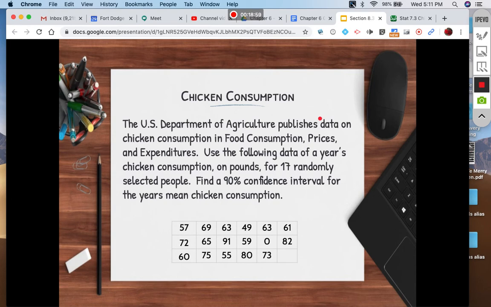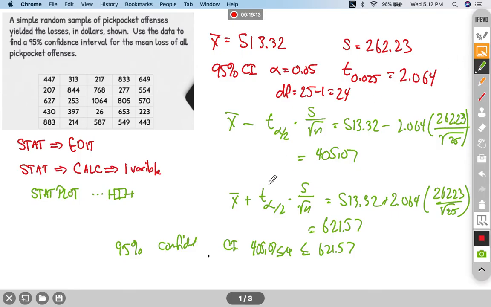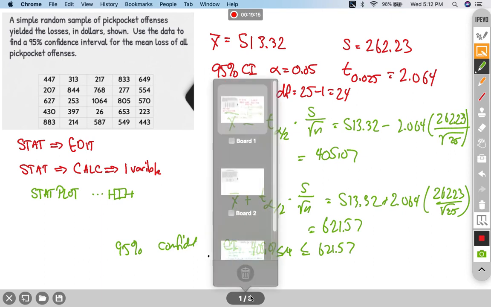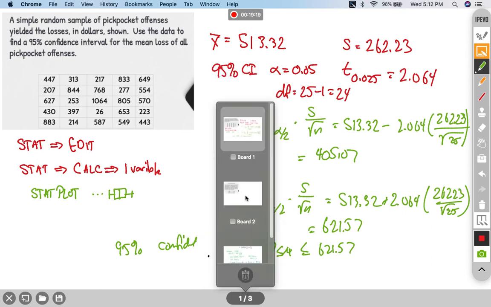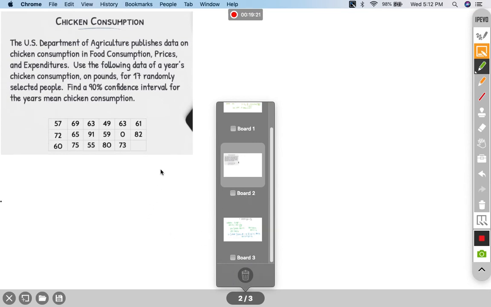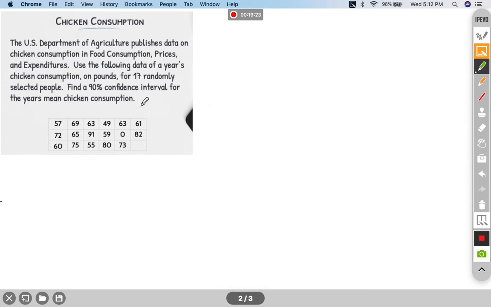So now let's look at another set of data. Give this one a try on your own. Then come back. Okay, when we look at this data here,